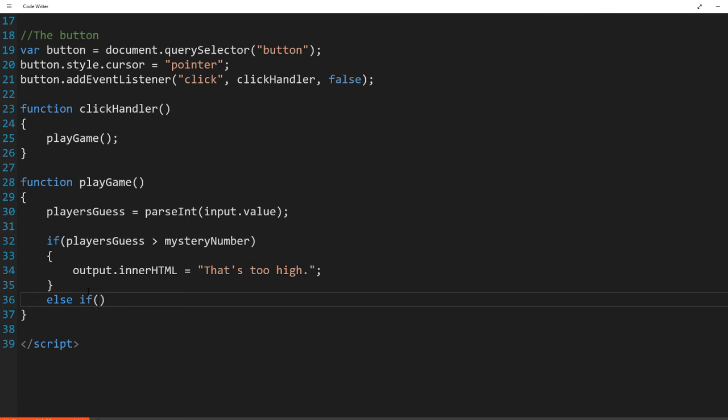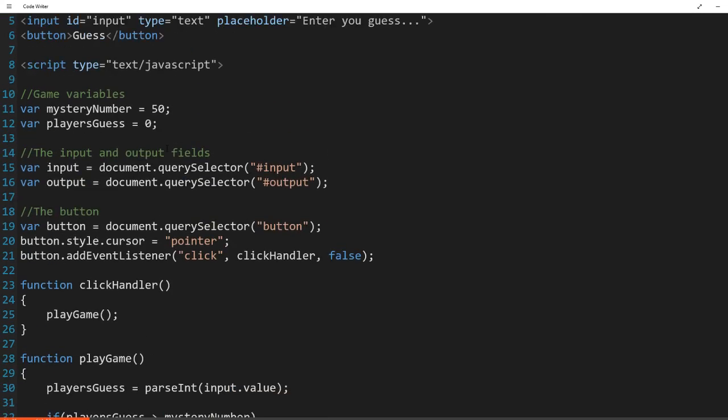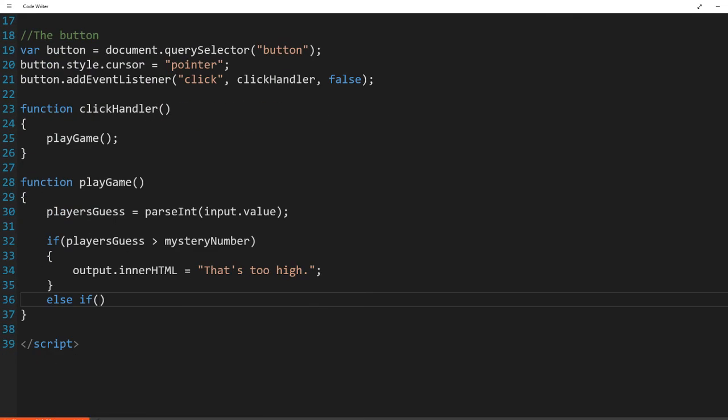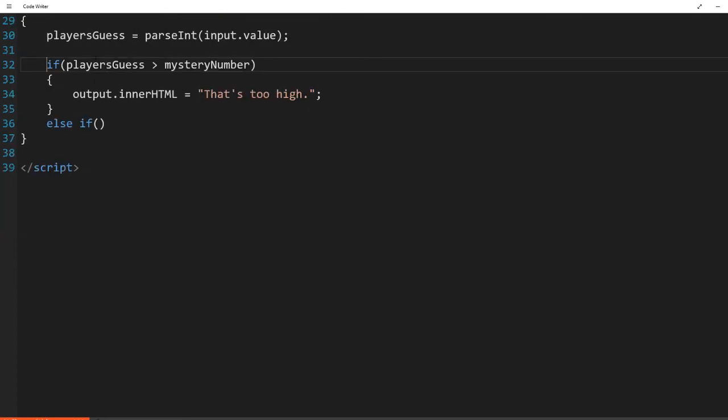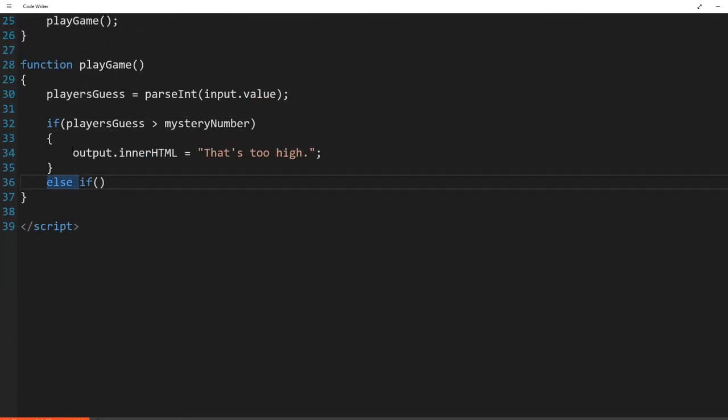Now the way this works is, let's say the number that they guessed was 30. Now, remember, our mystery number is set to 50. So 30 is less than 50, which means this condition wouldn't run, right? This wouldn't actually go. So what happens then? Well, if this doesn't happen, then else we will do something else, right? So it goes down to this else. It ignores this code here, goes down to the else, and there's another condition we're going to throw at it,